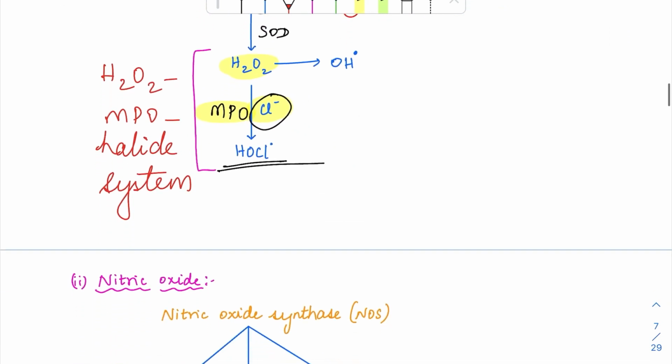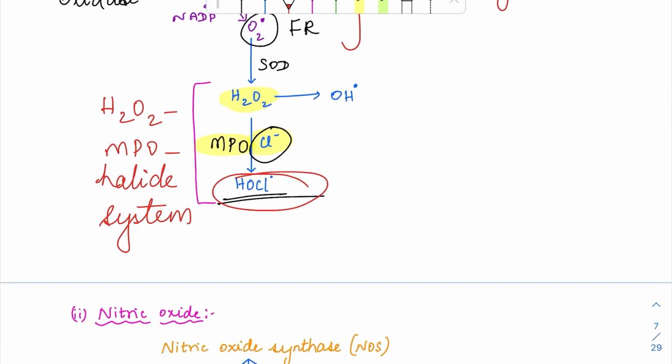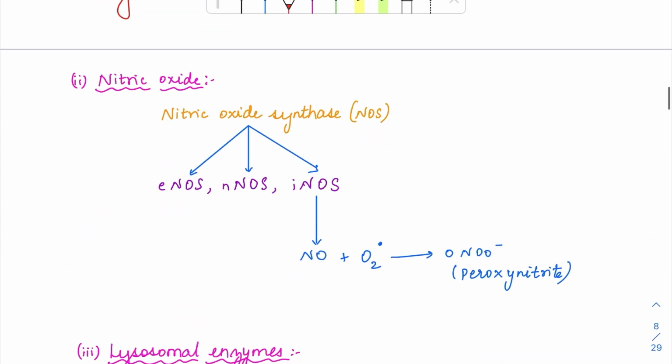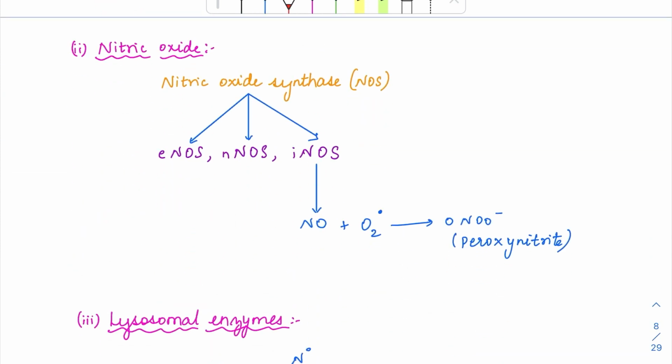Okay. So this HOCl which has formed is a potent free radical, and since it is going to happen inside the lysosome only, this HOCl is going to attack the bacteria which is being engulfed and kill the bacteria. Okay. The next type of killing will be using